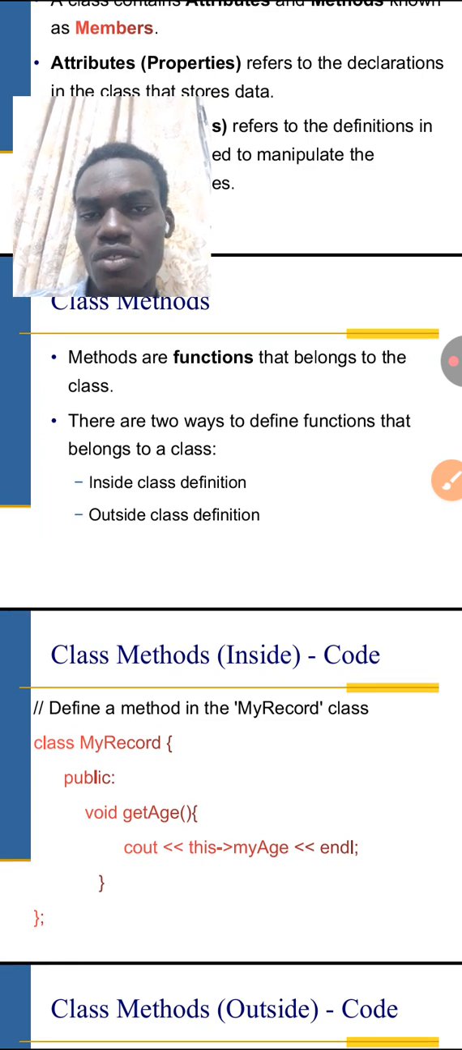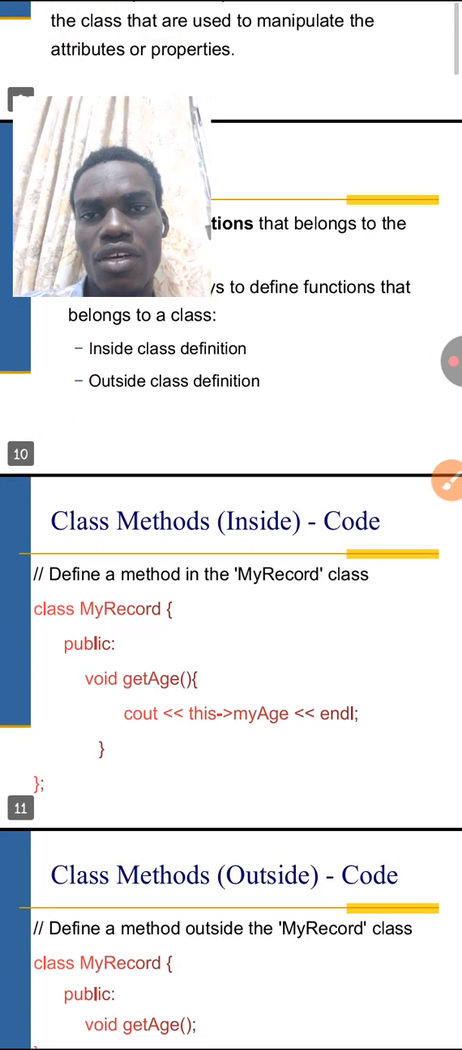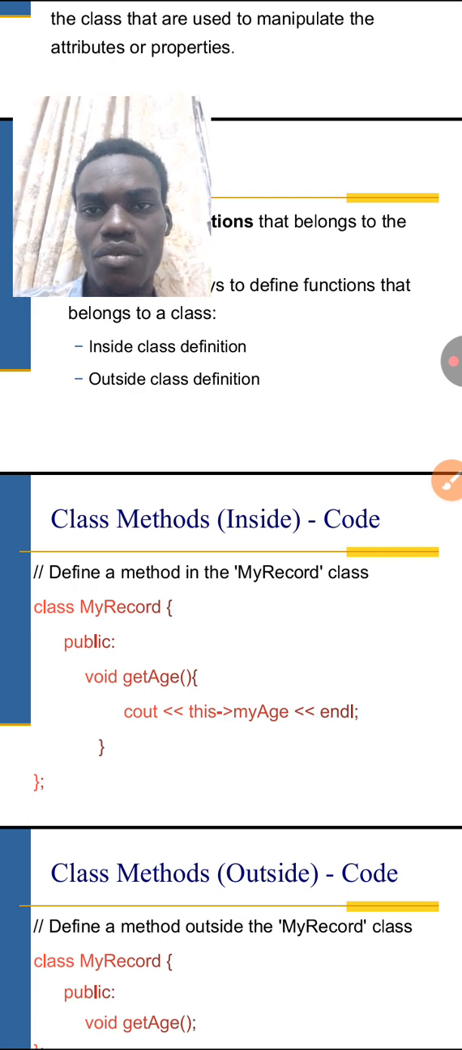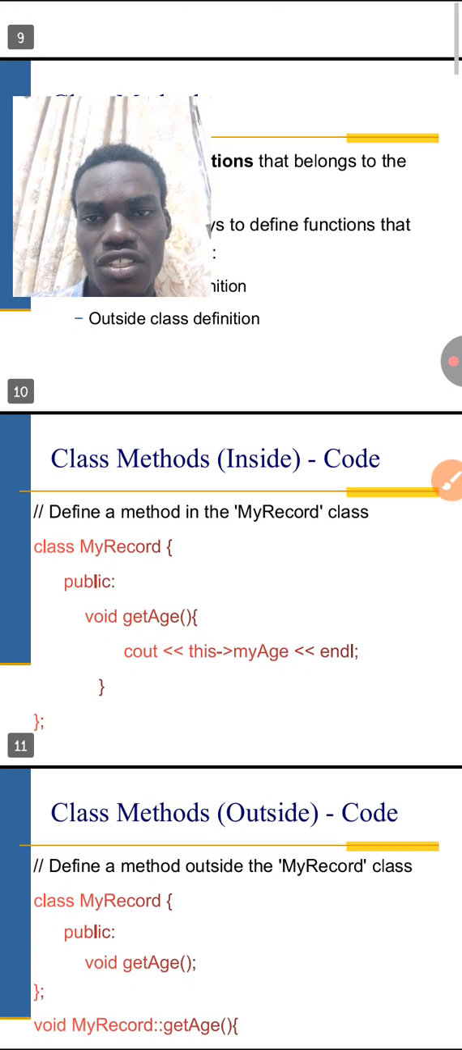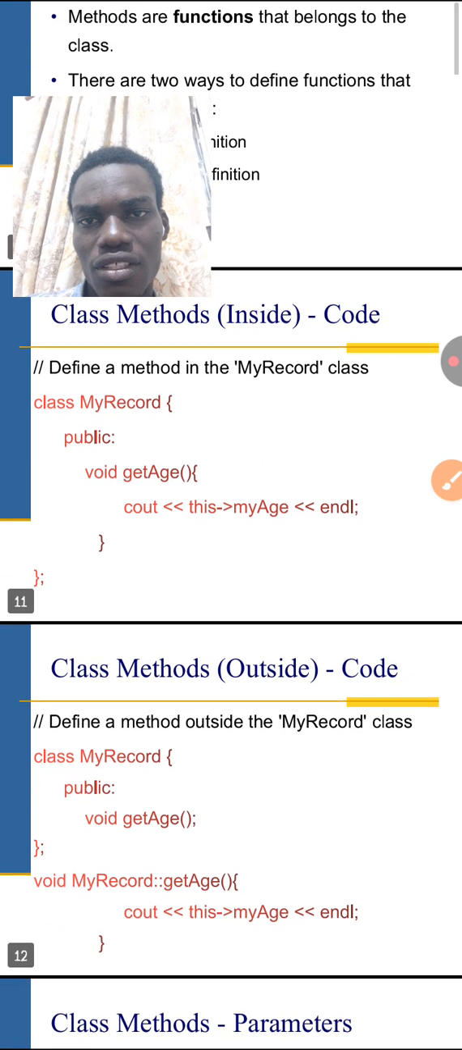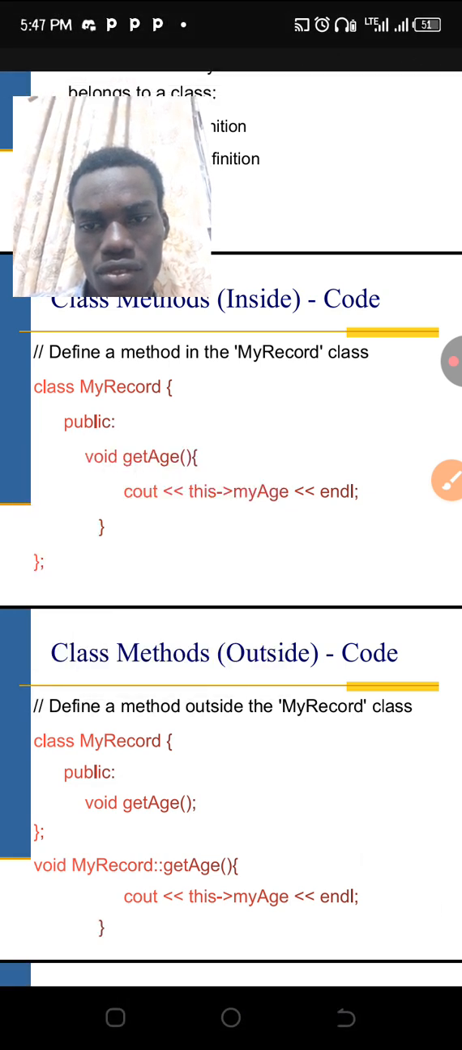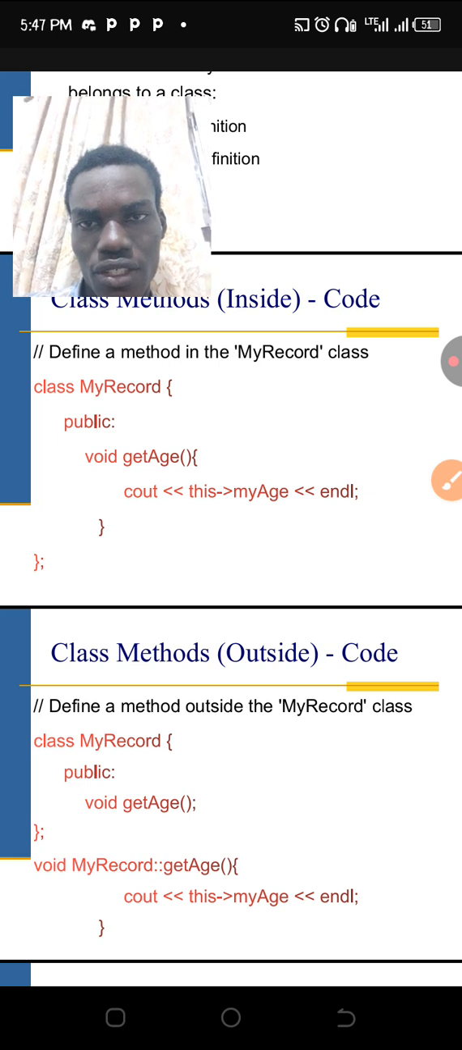There are two ways to define a function that belongs to a class. We have the inside class definition, and then we have the outside class definition. So for the inside class, here's an example of the inside class. So as you can see,